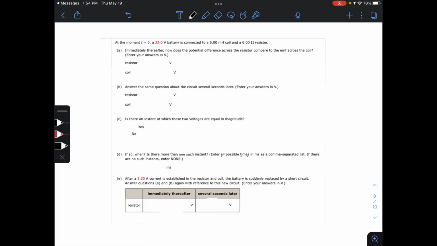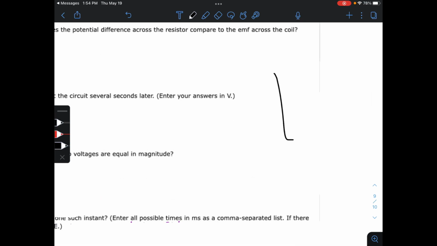Okay, here we have WebAssign 4-3, RL circuits. At the moment t equals 0, a 22 volt variable is connected to a 5 millihenry coil and a 6 ohm resistor. Okay, so I can start off by actually drawing our